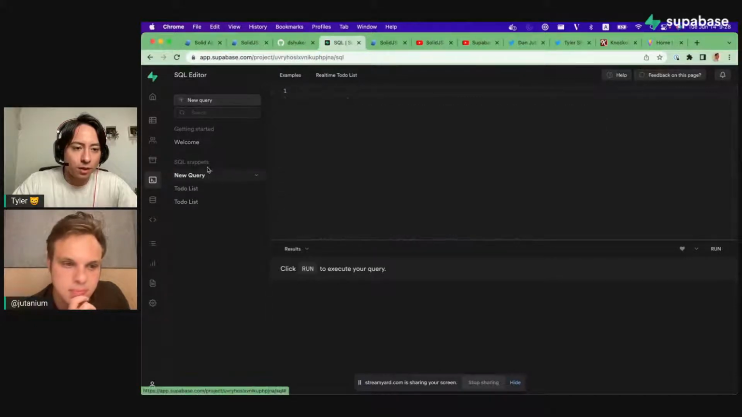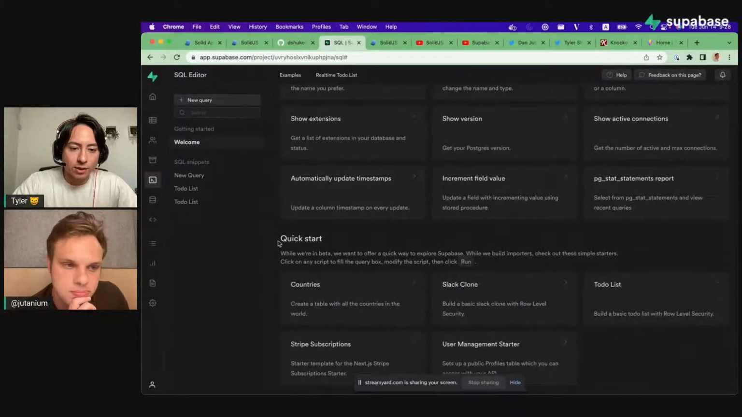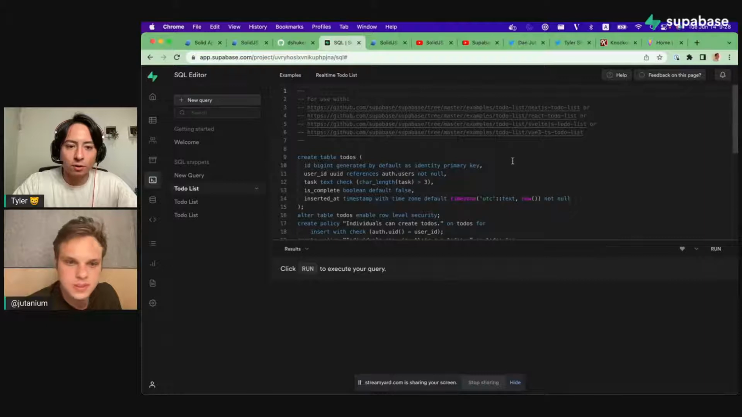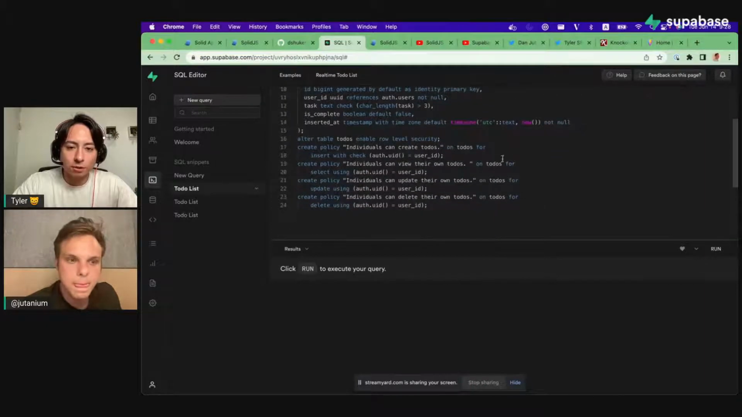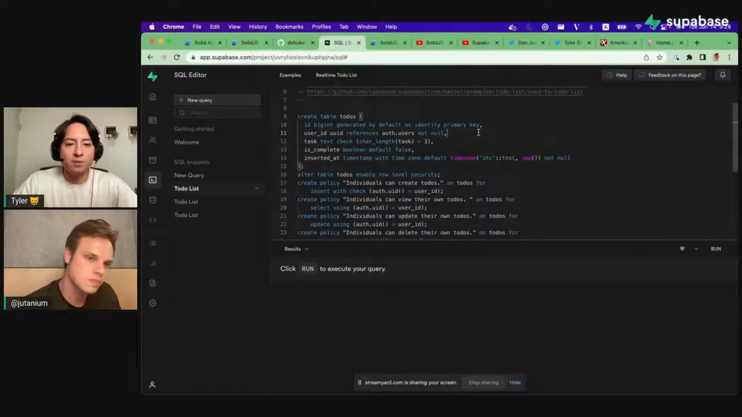But if we go to the SQL editor, there are some sample projects that we can play around with. So here, if we go to the welcome tab, there are some quick start sample projects, and there's the countries table, Slack clone, and there's the to-do list. So I've gone ahead and used this to-do list template. If you click it, it'll spit out a bunch of SQL, but what I did is, to get us started with Supabase